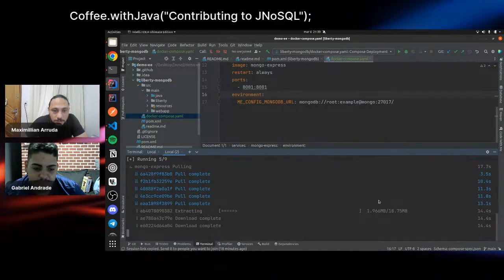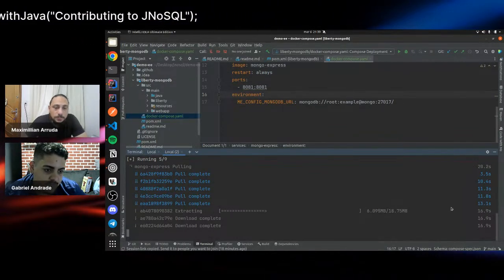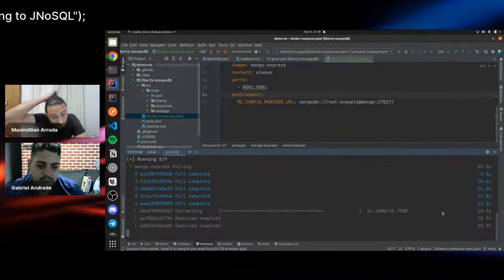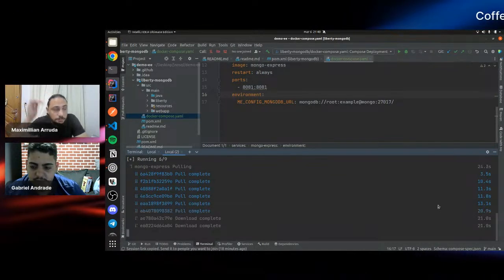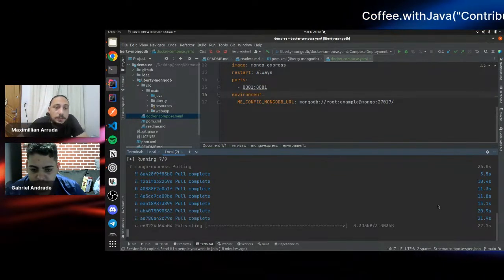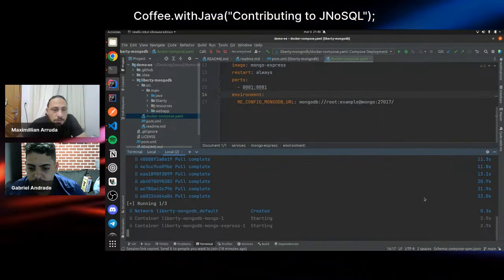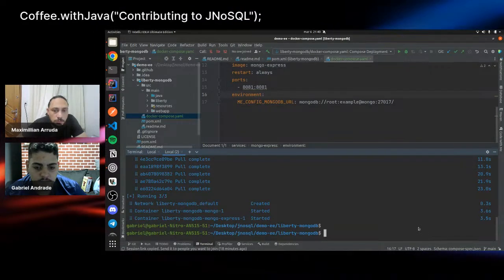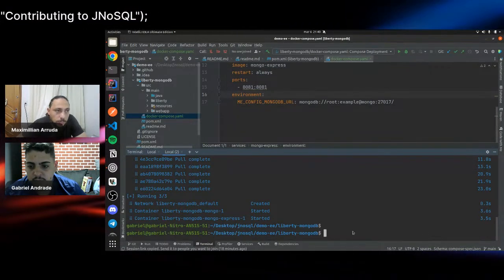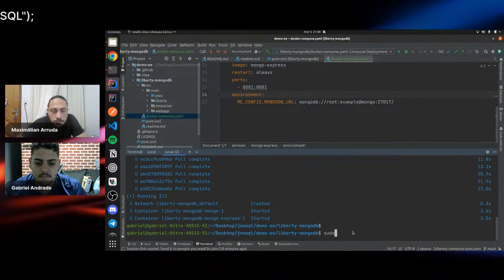Okay, so it will download the image of Docker, and after that, it will start up the container, bind the port, and so on. All right. But are you using sudo in your commands? But that's okay. It's worked by now.